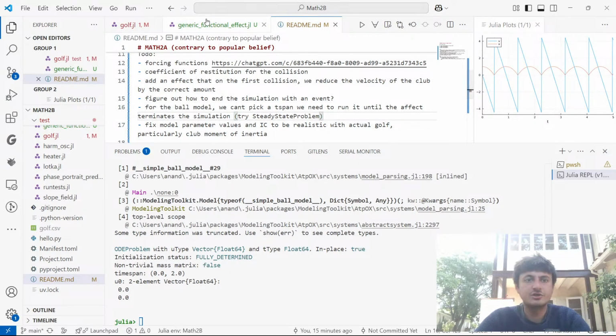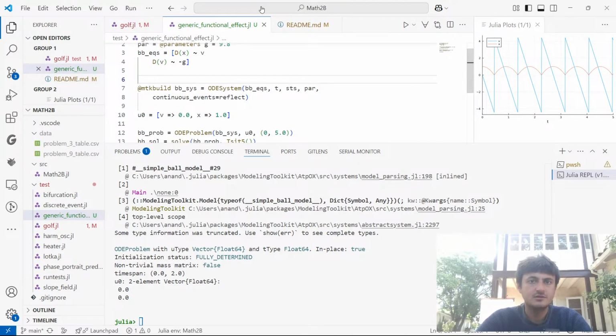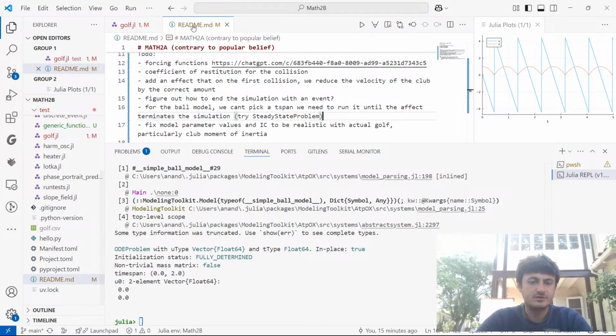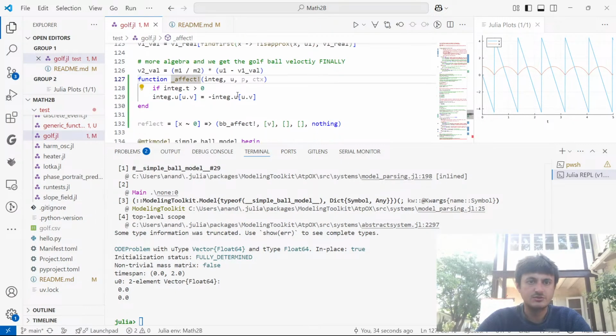You know what, okay, so here's what we're going to try to do. We're going to try to run it with a steady state effect. So let's get rid of this. Oh wait, actually, let's open this, undo the deletion, but then we're just going to close that. So we have this